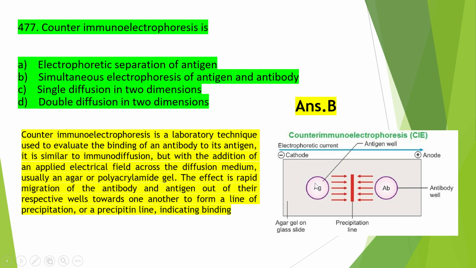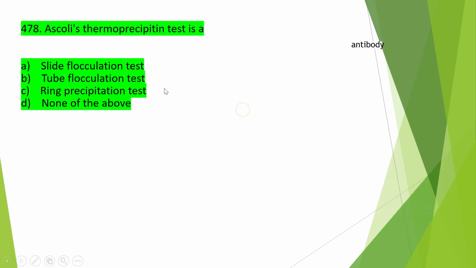Okay, so here the antigen is present, here the antibody is present. When we start the electrophoretic current in this way, the antigen will go this side and the antibody will go this side, and here in the middle they produce a precipitin line. So this is the process of counter immunoelectrophoresis. Okay, that is an antigen antibody complex test. Okay, so move on to the next question, that is